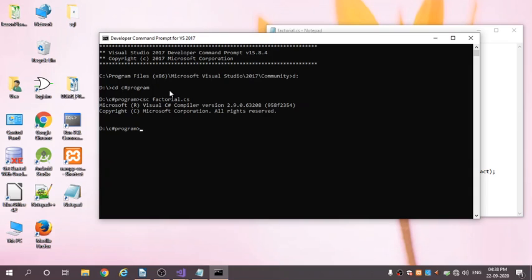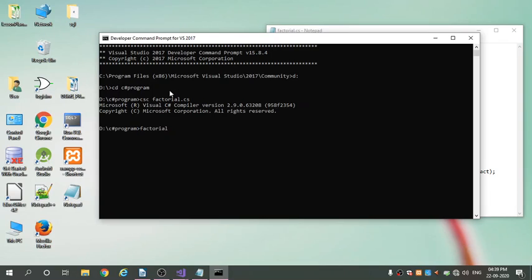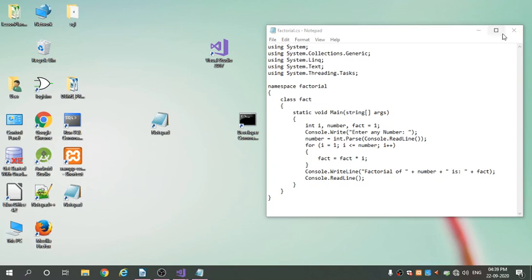After that we go for execution. For execution we type only the file name without extension, factorial, and enter. It will show enter any number. I entered 5 and enter. The factorial of 5 is 120. This is the execution in both ways.